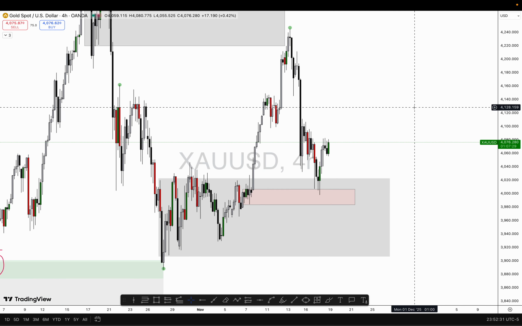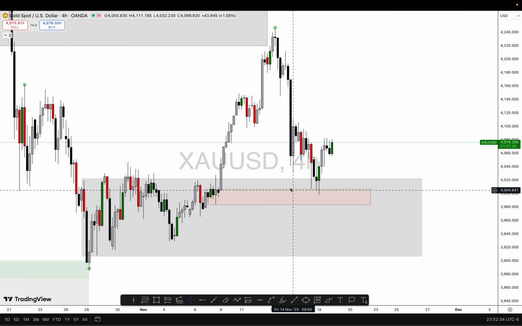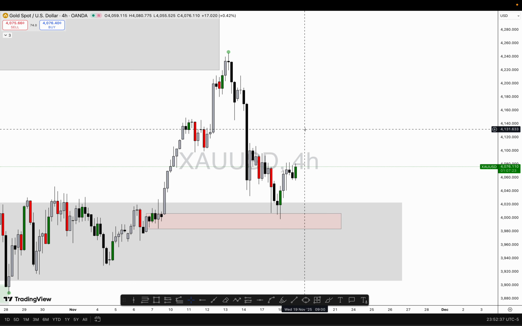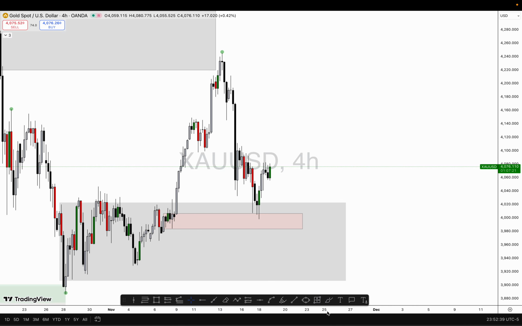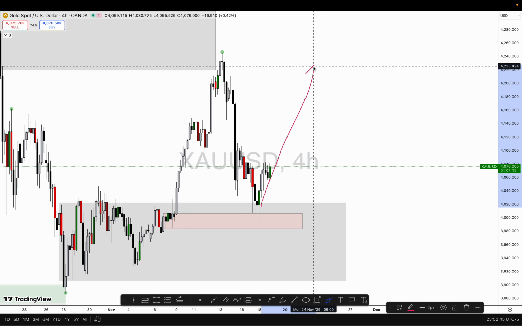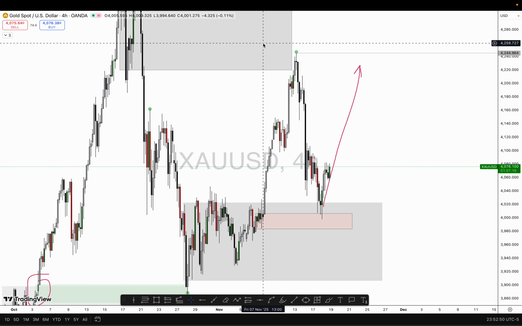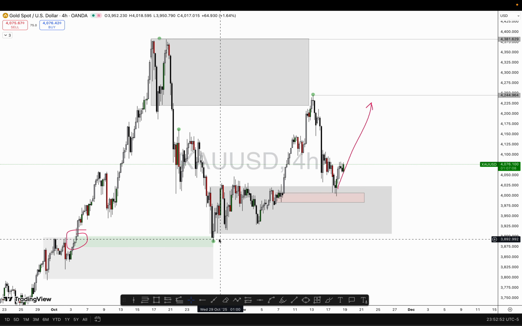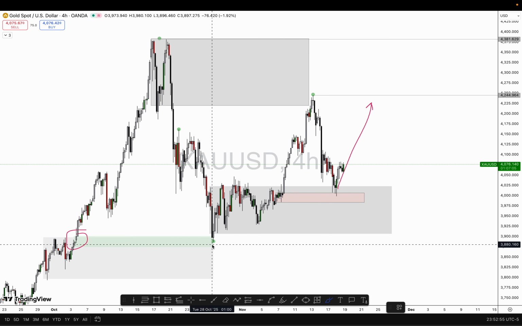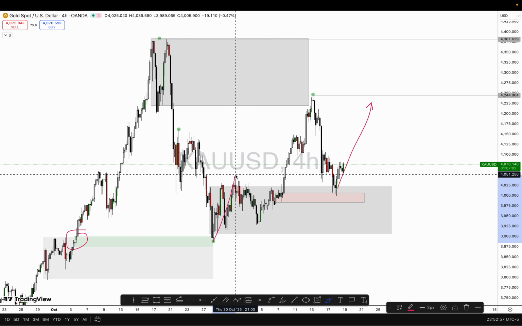So we have weekly bullish. The market is coming off of 4-hour demand nested in daily. So with this information, it is likely we would be looking for longs, right? We would be looking for the market to make a new high, because this is our low, higher low, higher high, expected higher low to make the next high, right?